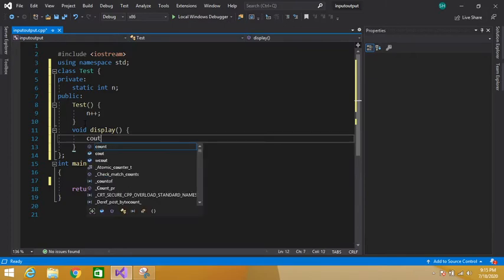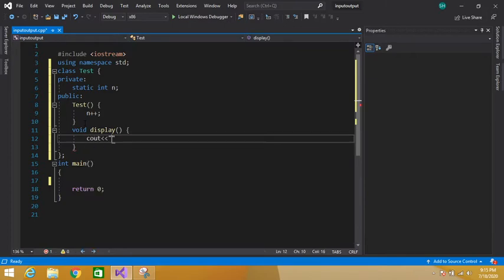So cout, you have created n objects, end of line.